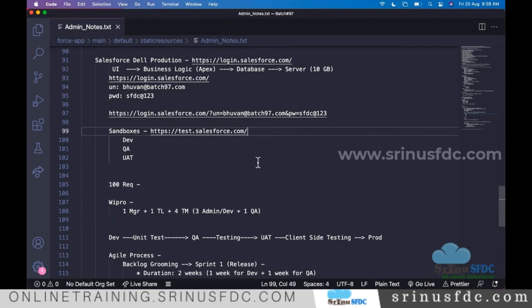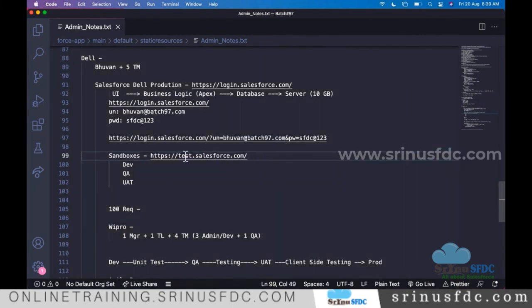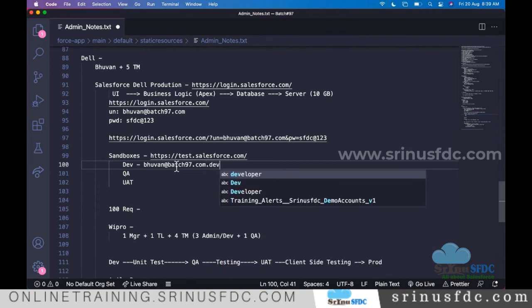Now, here is one question. For all these sandboxes, is it the same URL? Yes, the same URL. But how do we know whether we are trying to log into Dev or QA or UAT? People follow naming conventions. Let's say in production, this is the username. If this user has access to Dev, how will the name be maintained? The production username dot dev.